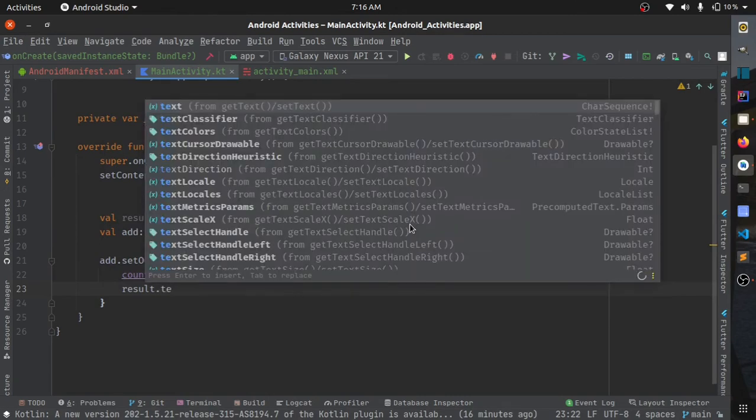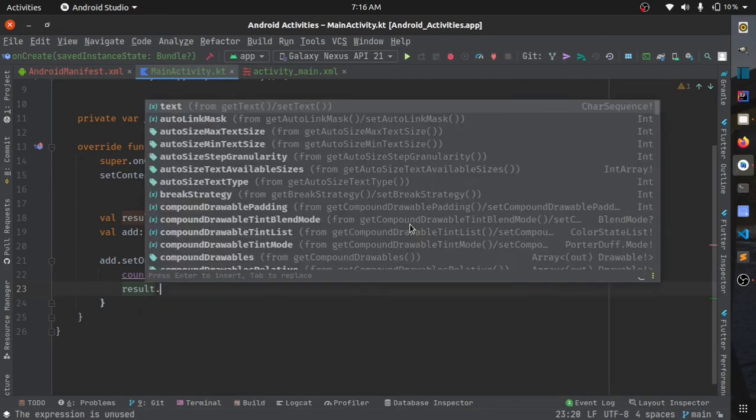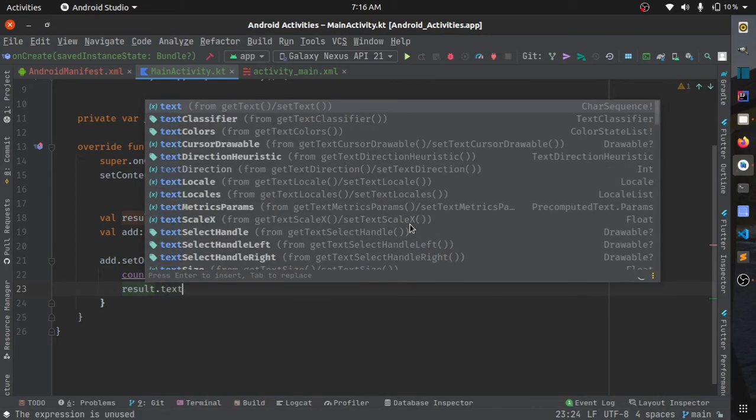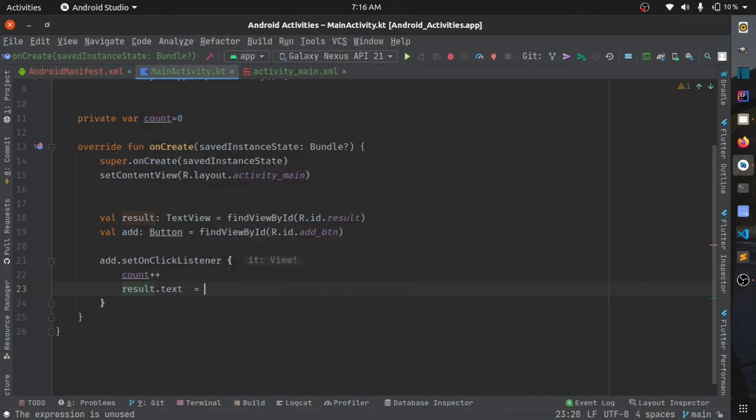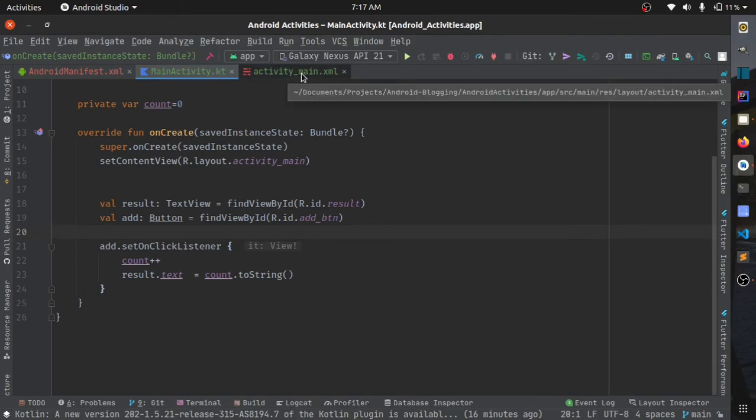The result has a setText method, which in Kotlin you can directly access by the text attribute, and just set it equal to your value. We convert it to string, and this will be set to the result text, and hence the result will be updated. So we have finished building a counter app.